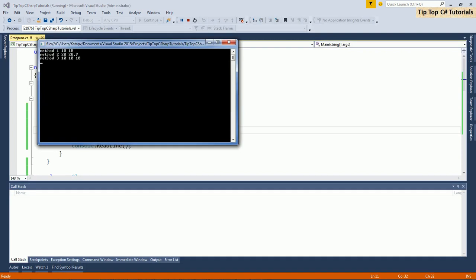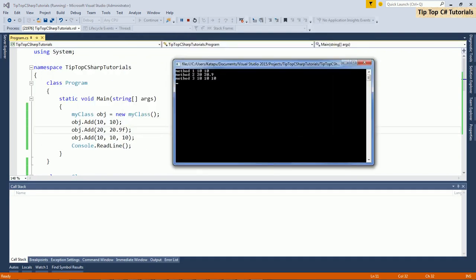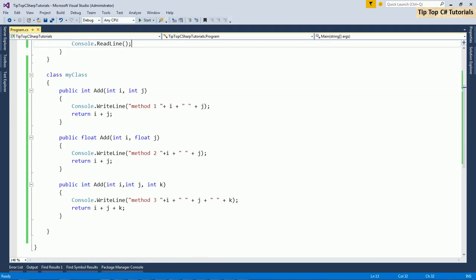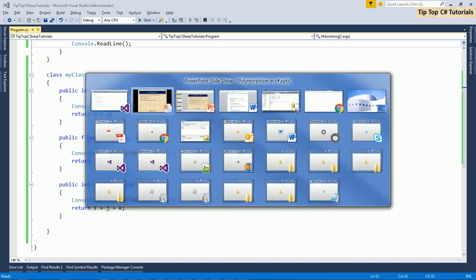Now if you see the output carefully, first method 1 is called because I am passing both int and int. Second, method 2 is getting called because I am passing int and float. Third, another method is getting called, that is method 3, where I am passing different number of variables. Yeah, coming back to PPT,